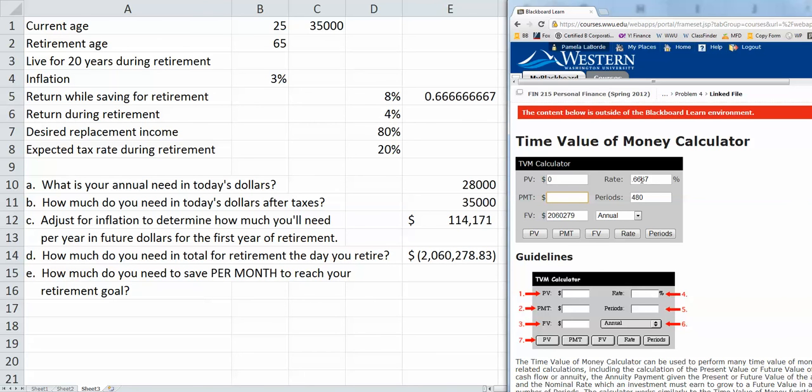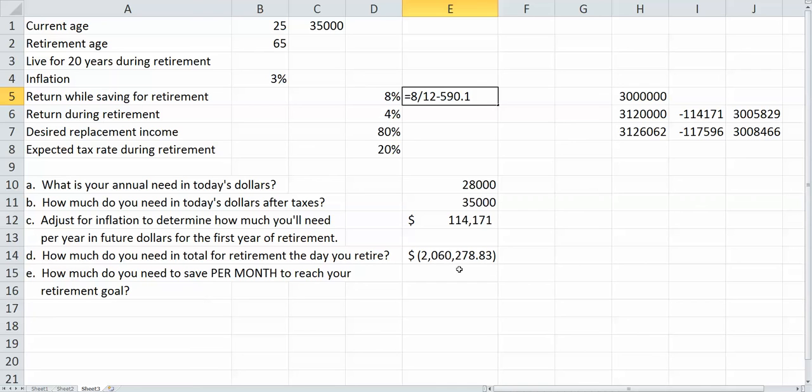They will earn a rate of 0.667% a month. What payment will accomplish this $2,060,000? So if I save $590 a month, I save $590 a month, that will grow to $2,060,000 after 40 years,